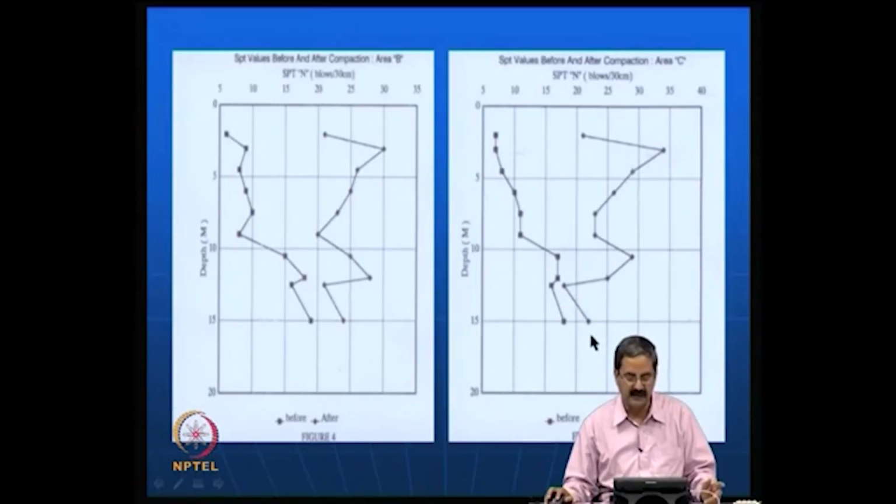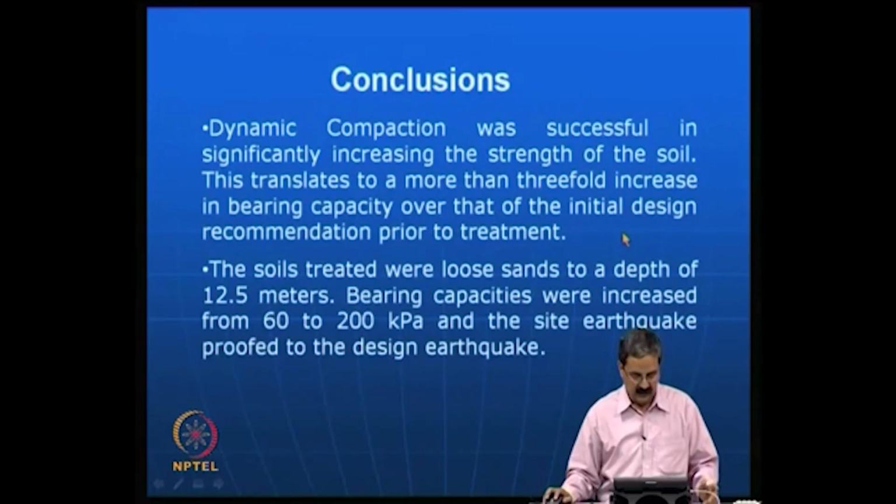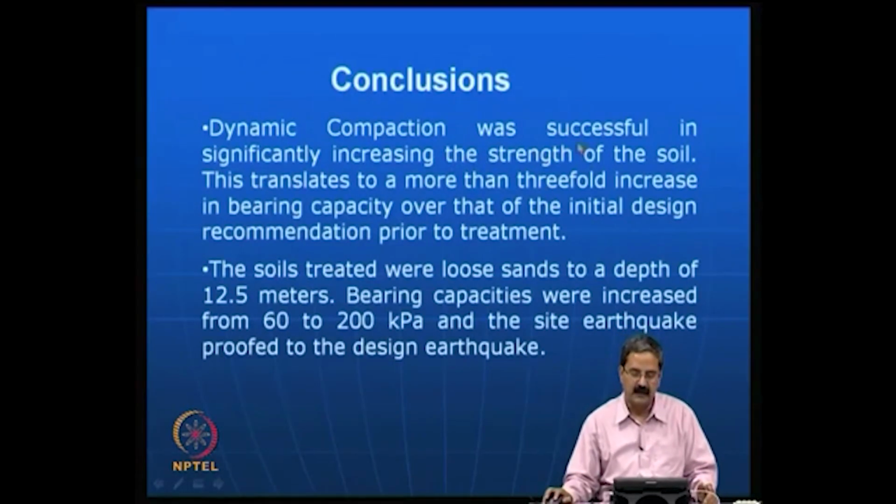So actually sometimes, the earlier specification was that at the top 2 meters there should be a good bearing capacity. This could be an aberration, because the possibility is that when there is a good value here and a good value here, possibly this number could be wrong. So one should really take it like that and then come out to say that yes, this SPT value criteria is satisfactory. So this was what people normally say, and in this case definitely the dynamic compaction was very successful